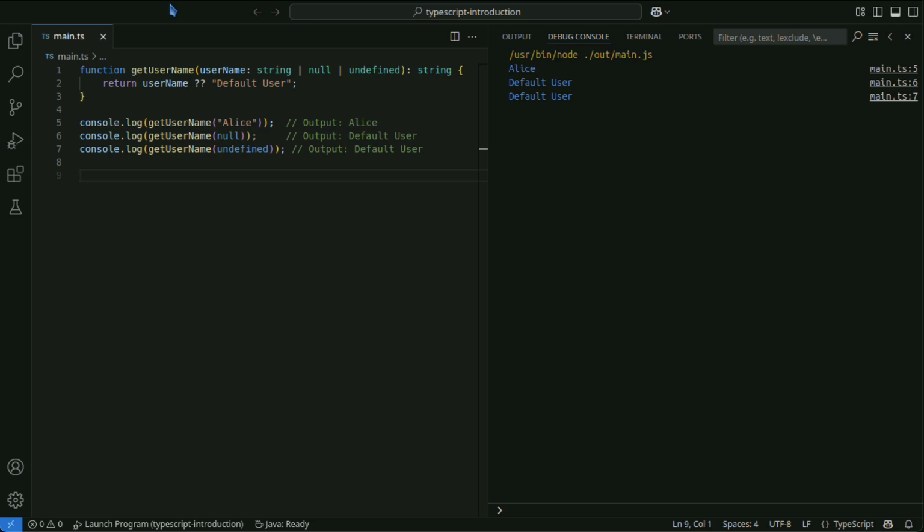There is an important difference between the nullish coalescing operator and the logical OR operator. The logical OR operator treats values like false, 0, and empty string as falsy, just like null and undefined. On the other hand, the nullish coalescing operator only uses null and undefined for fallback.